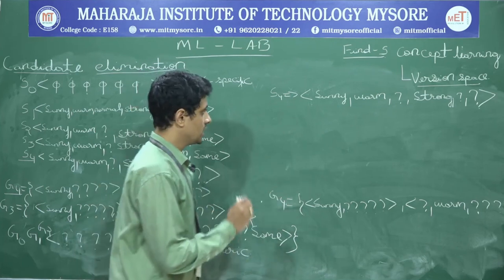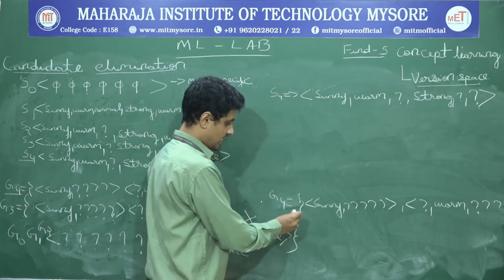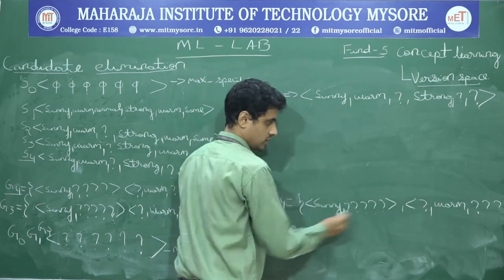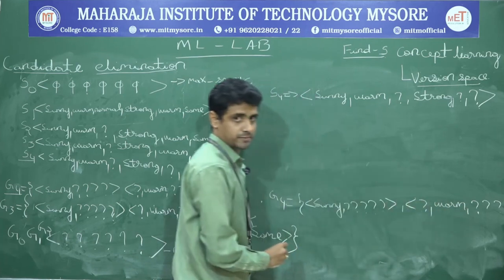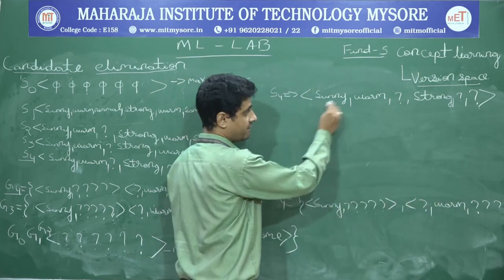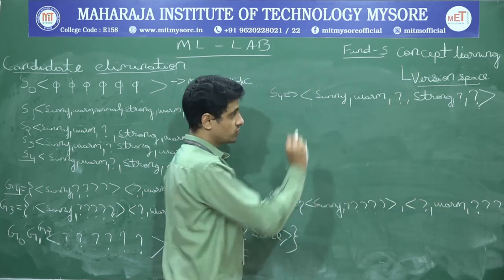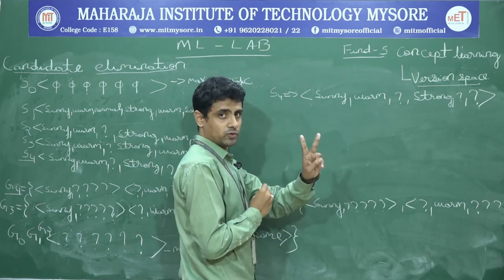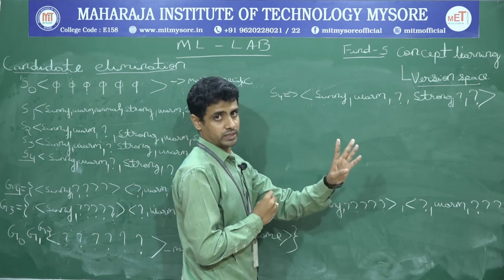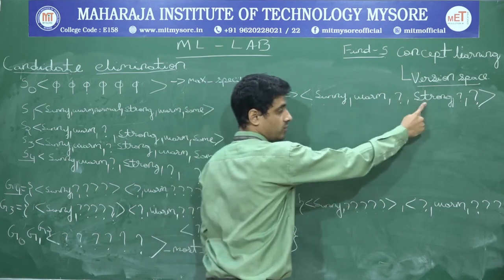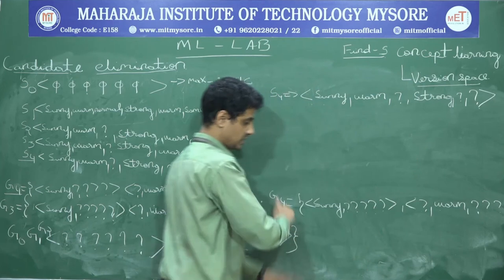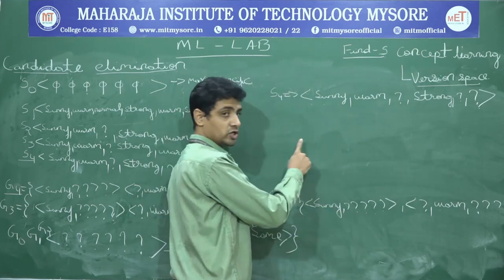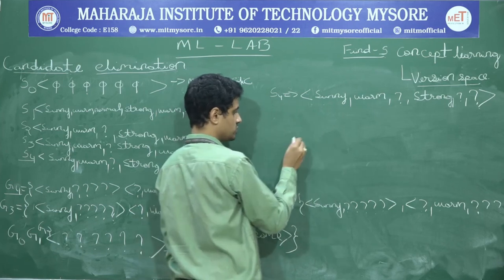See here, in my generalized boundary I have one attribute, sunny and warm, with 5 question marks. Here I have 3 attributes with 3 question marks. What can be in between is 2 attributes with 4 question marks. There are 3 attribute values with 3 question marks on the other side, and 1 with 5. So I need to have 2 with 4 now. How to do it? Version space.